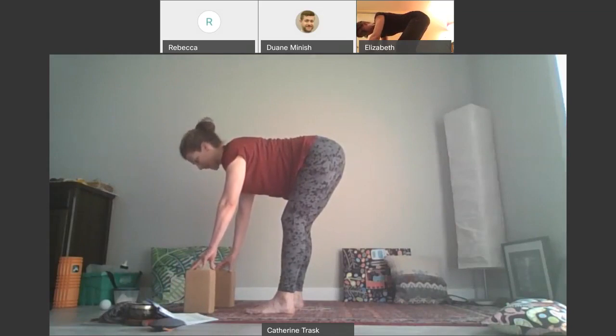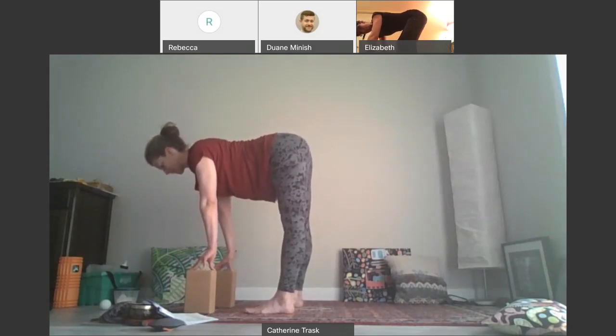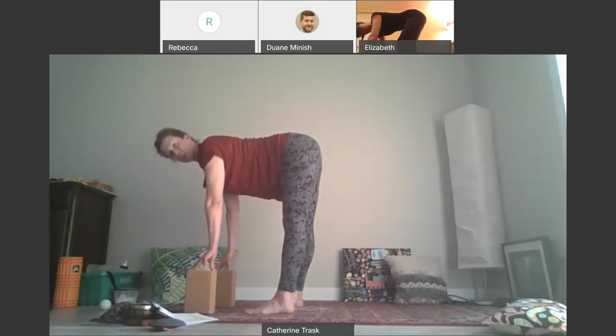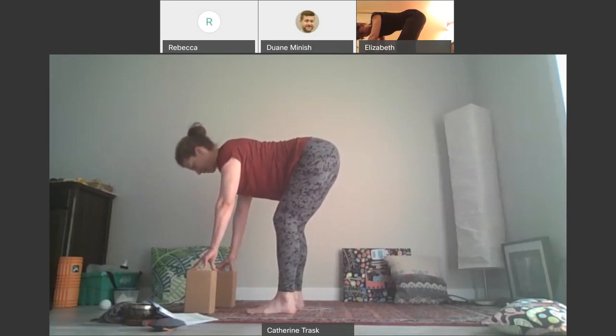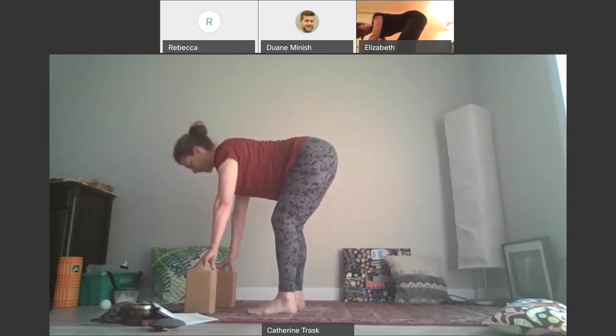I'm not saying to do this, but as a contrast, if your legs were really straight, if you had locked out knees here, your weight would be in your toes and your back would have a much bigger lever for your back muscles to cope with. And that's not a very functional way to bend over. So I want to practice this nice, strong way to lift the back of a Honda if you